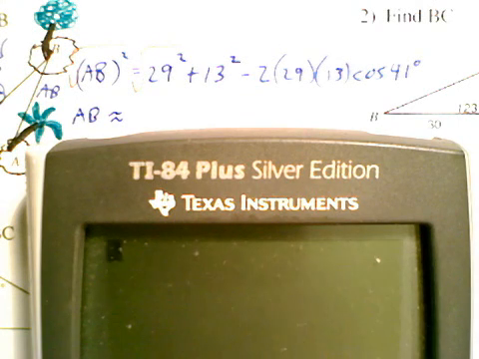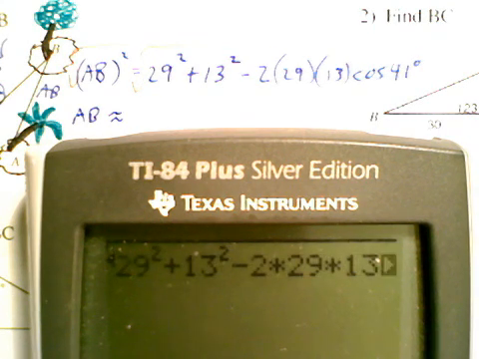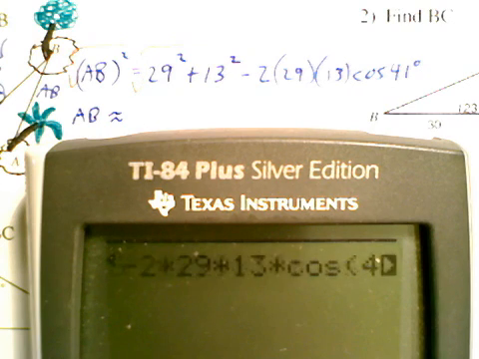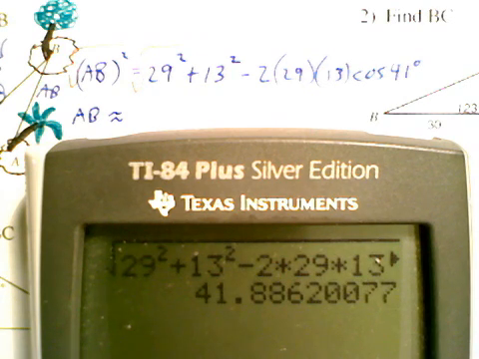We'll see. So we have the square root of 29 squared plus 13 squared minus 2 times 29 times 13 times the cosine of 41. Okay, now you got to be careful here, because I didn't make sure that I was in degree mode, and I already know what the answer is supposed to be, and I'd like to say I did this on purpose, but